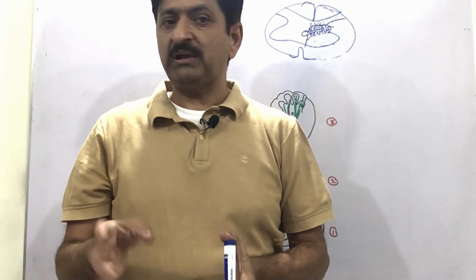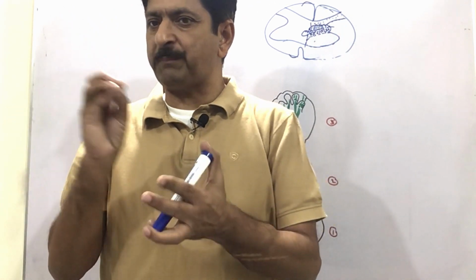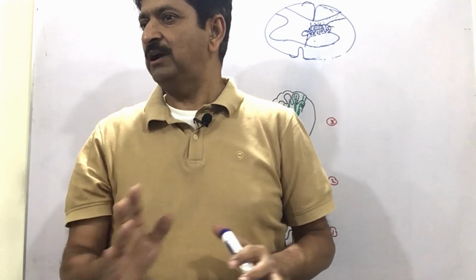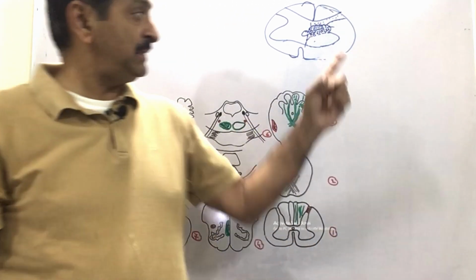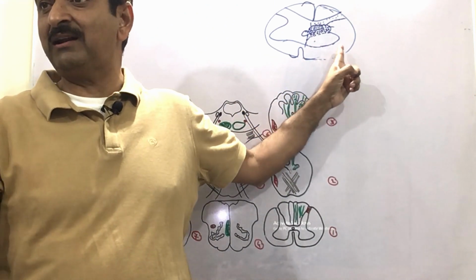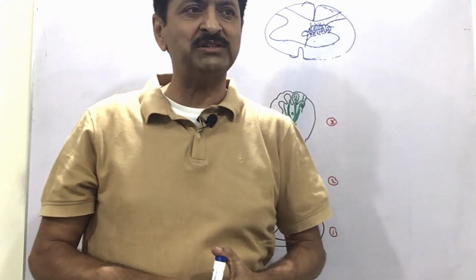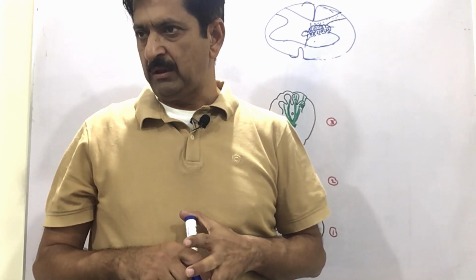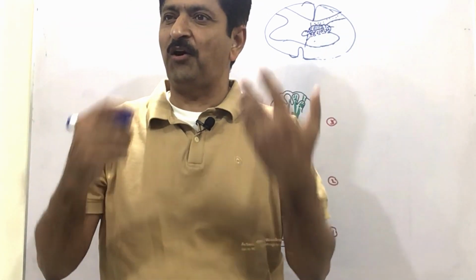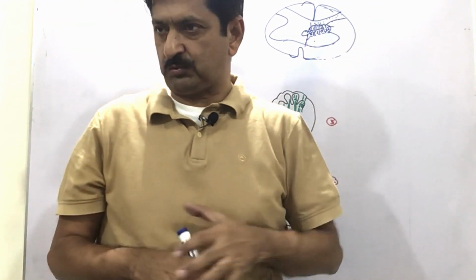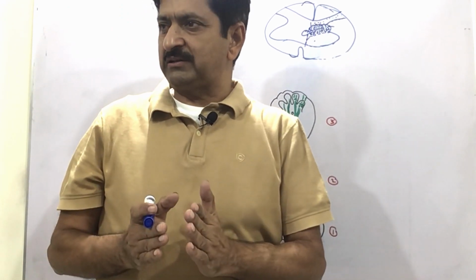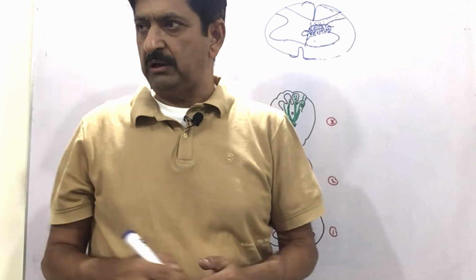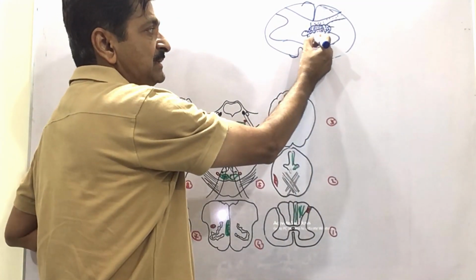The reason is that at that area the number of parasympathetic neurons is not enough for it to form the horn as such. Physically the horn is not there, but similar types of neurons are there, though not in the form of horns. Why? Because the number of neurons is not too many, so why would they form the horn? They will not. So you will not say this is present in the lateral horn, and sometimes this is called the intermediate lateral horn also, because it is intermediate. It forms a bulge here, but basically horns are two, sensory and motor. And in this area especially you are getting this sensory and motor zone.